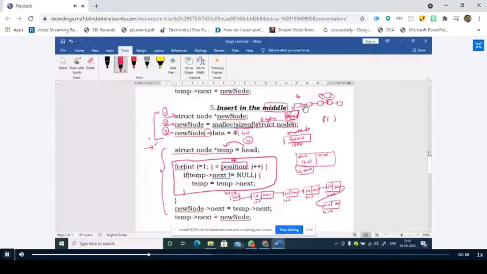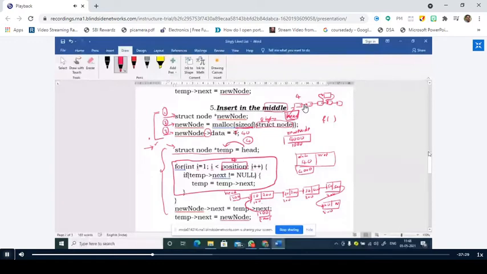Now coming to this same part again, I have created a temporary variable or temporary pointer to struct node. Therefore, there exists another pointer called temp, and I have assigned the value of head. What is the value of head here? 100. Therefore, temp is also having 100. Now both the pointers head and temp are pointing to the first node. Now whatever modifications you want to perform, you can perform them on the temp pointer, but not the head pointer.